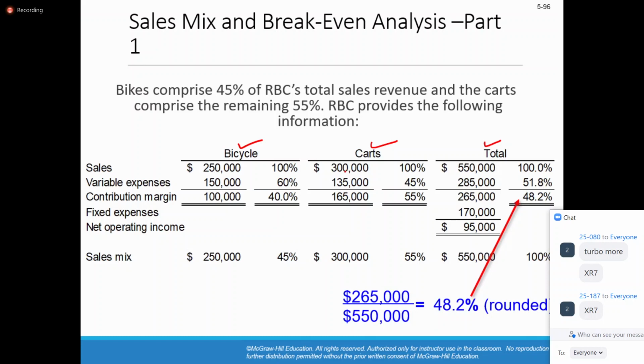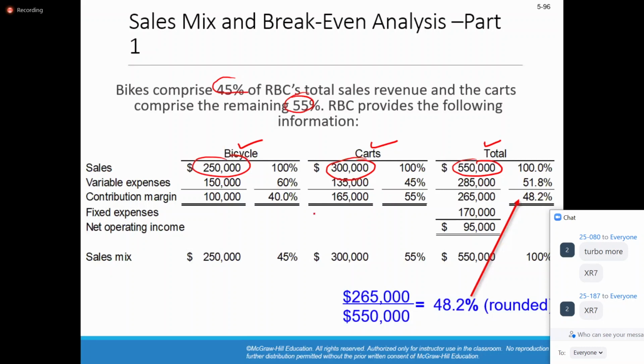If you express that out of their total sales, how much is coming from bicycle and how much is coming from cart, the answer will be 40% of the sales of RBC is coming from bicycle, and I mean 50% of RBC sales is coming from the cart. Okay,